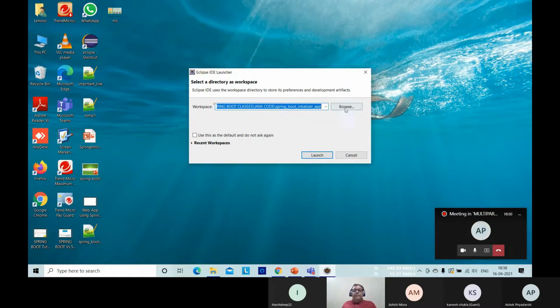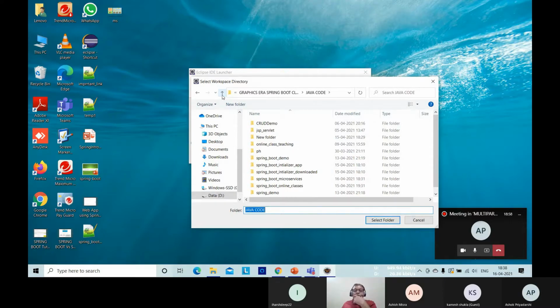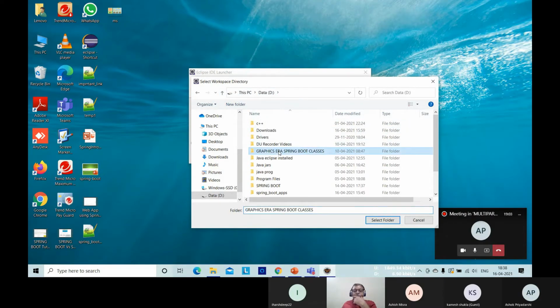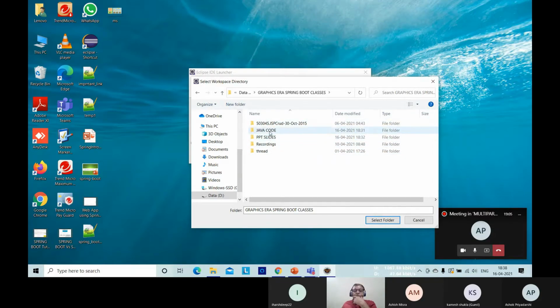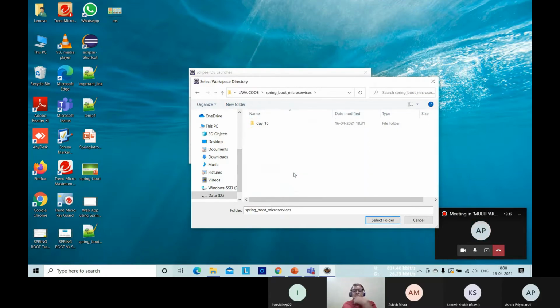So let me browse. In order to avoid confusion, I have created a new folder called Spring Boot Microservices. And today is, I think, our 16th day class. That is why I have given the folder name day 16.